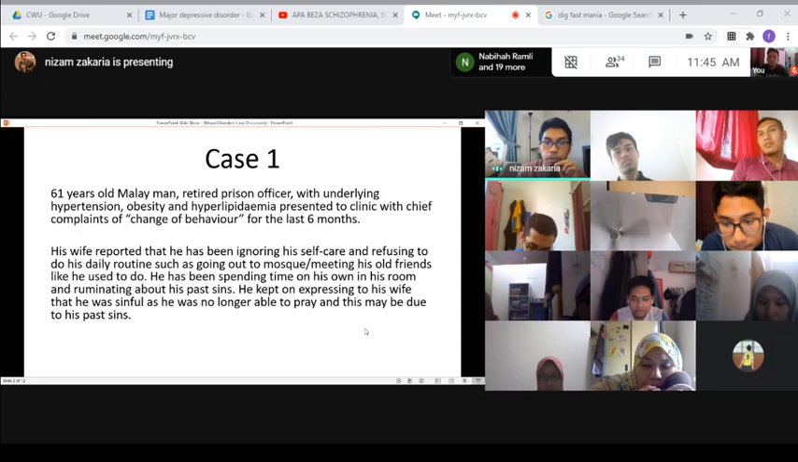And ruminating tu tak makes it dementia. Apa yang makes it dementia? Underlying medical illness dia ada. Okay, macam how do you relate to dementia? Hypertension, obesity and hyperlipidemia may cause vascular dementia. Good. Okay, so diagnosis ni adalah vascular dementia, major neurocognitive disorder due to